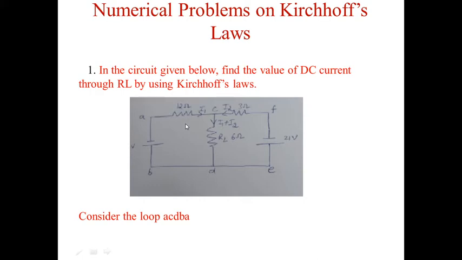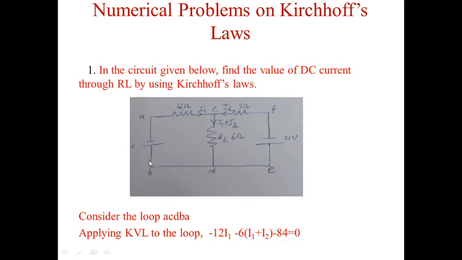So, we have to use a minus sign. Here it is minus 12 I1. Now, we will move from C to D and the direction of current is also from C to D. Therefore, there is a voltage drop. The current is I1 plus I2 and the resistance is 6 ohm, so there is a potential drop, therefore it is minus 6 into I1 plus I2.